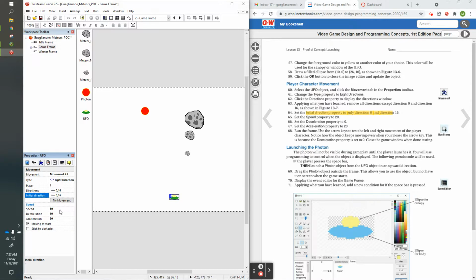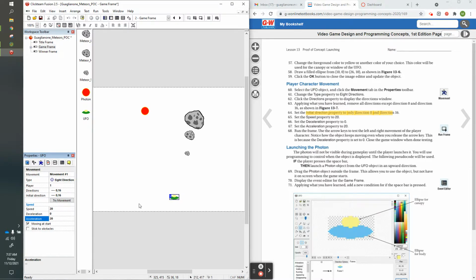Set the speed property to 20. We're going to be setting the deceleration to 0 and acceleration to 20. Deceleration is kind of like when you come up to a stop sign and you put the brake on. So basically it's going to decelerate or slow down to 0. And acceleration is when you step on the gas, and it's going to be going to 20. So deceleration, 0, acceleration, 20. And that'll give it a better feel when you're actually playing with it. So feel free to adjust these a little bit and keep them where they were and see the difference